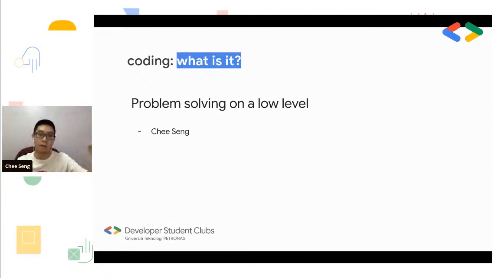Doesn't mean that high level is much stronger and low level is much weaker. It doesn't mean that. It's just much more specific, or it's much more visualized in a visualized way. I'll explain that in my later sections. So let's begin the story on how I actually do coding and designing together.